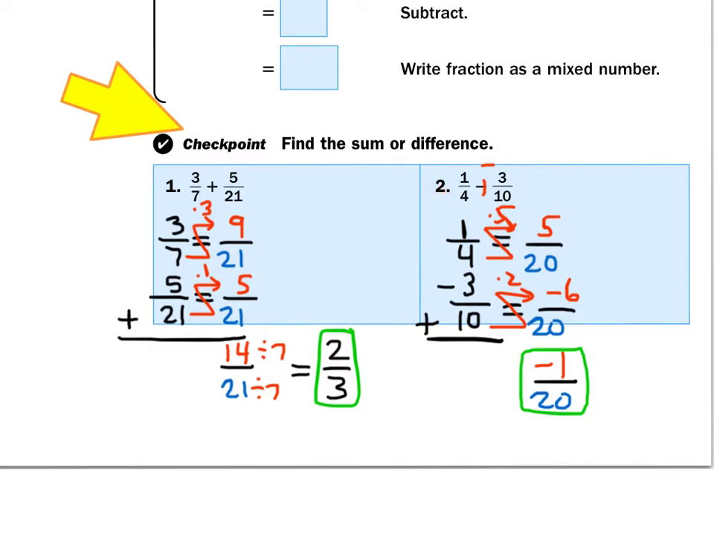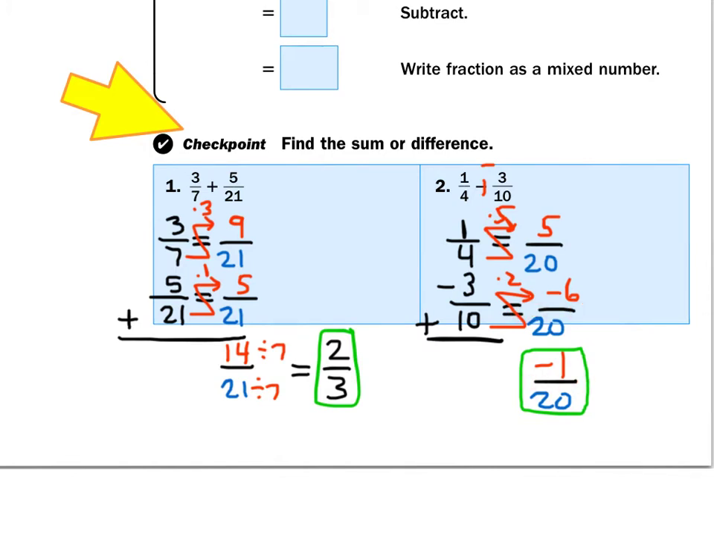Okay, take a look at number 2. 1 over 4 minus 3 over 10. Add a line and change the sign. The denominators do not match, so use towers. 1 over 4 on top, negative 3 over 10 on the bottom. Put an equal sign with a fraction bar, equal sign with a fraction bar, and put a fraction bar down